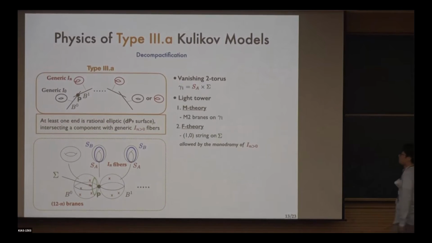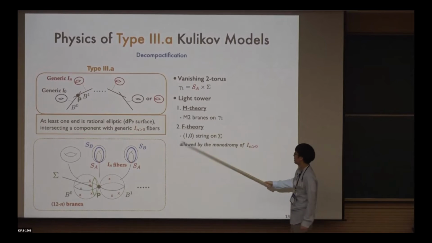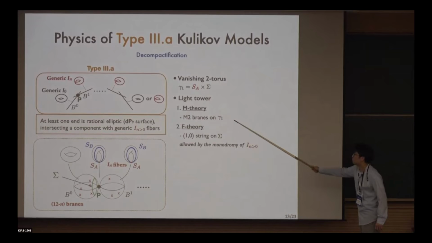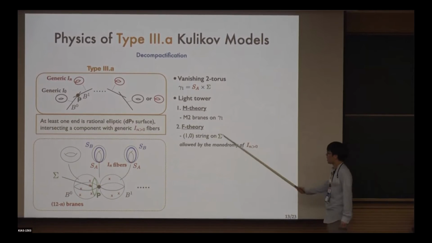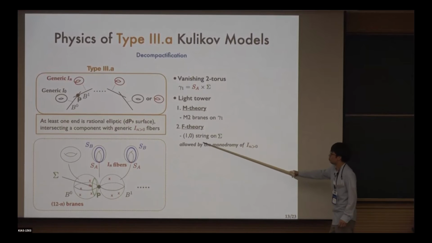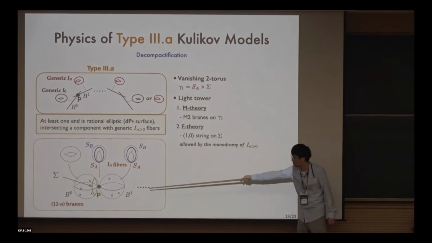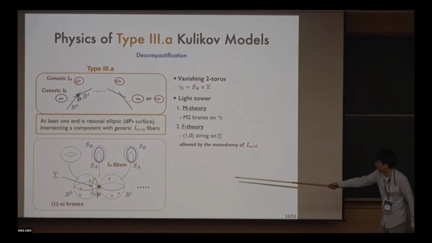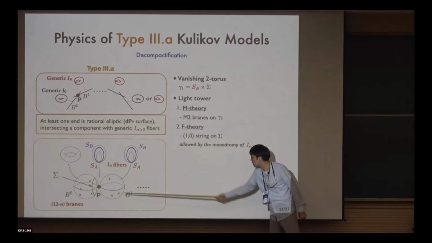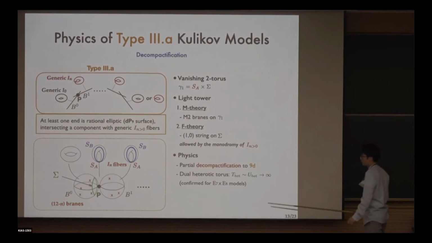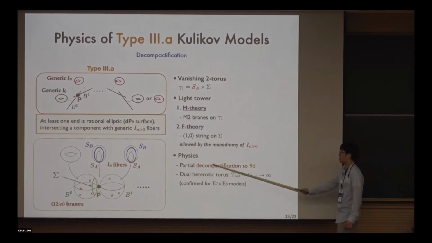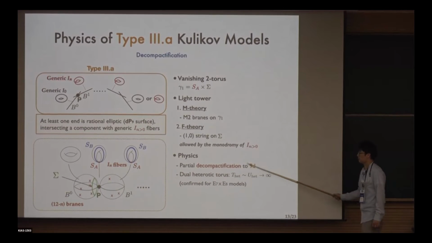Now, in M theory, as before, M2 branes can wrap this vanishing 2-torus, and this way we will get a tower of BPS particles, which will be KK-like because you can wrap n times on this 2-torus. In F theory, this can be seen as the (1,0) string, the fundamental string, winding around this base 1-chain sigma. This is allowed by the monodromy of I_n at this point P, and the other string cannot wind around this sigma. So we can only get one tower of light KK-like states, and this way we propose that the corresponding physics should be space-time decompactification, now from 8D to 9 dimensions.